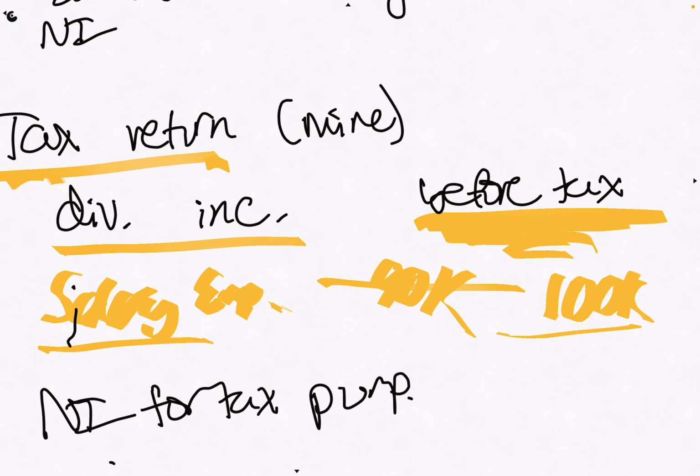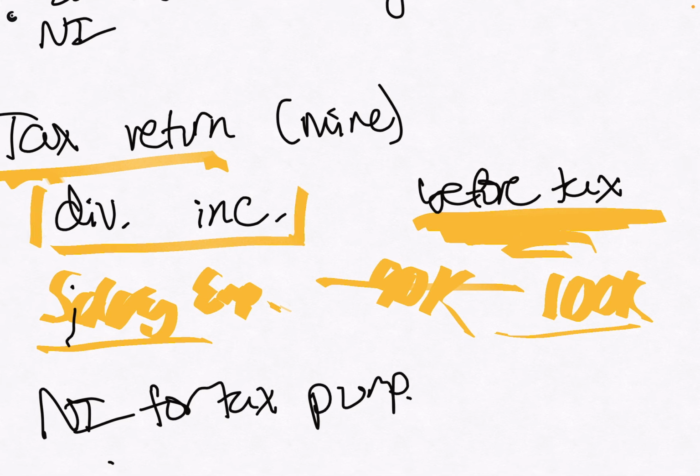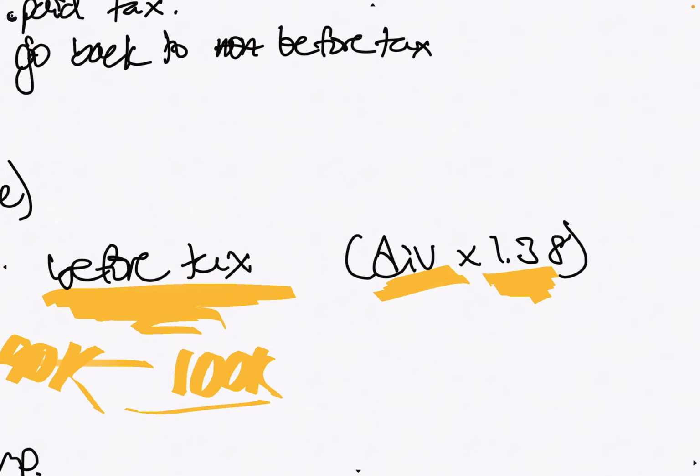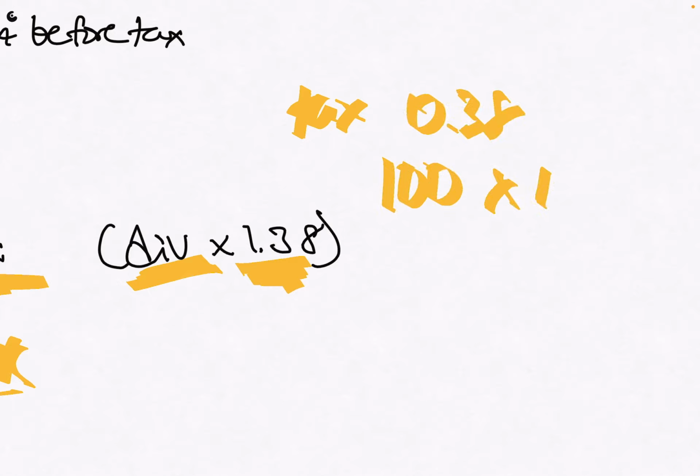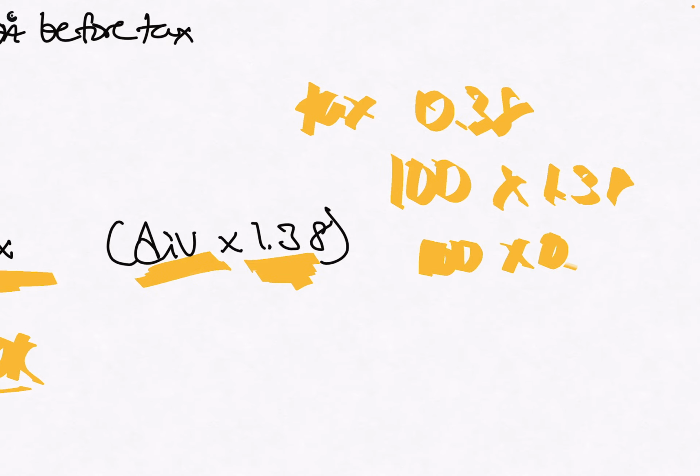So even though in terms of the money that I'm getting, it's a corporation that pays the taxes, the dividend that I have to report has to be the before tax amount. So I have to multiply it by 1.38, because the tax rate is 0.38. So if you do 100 times 0.38, that's the taxes that the company would have to pay, which means that the amount of money that they would have to pay out is,